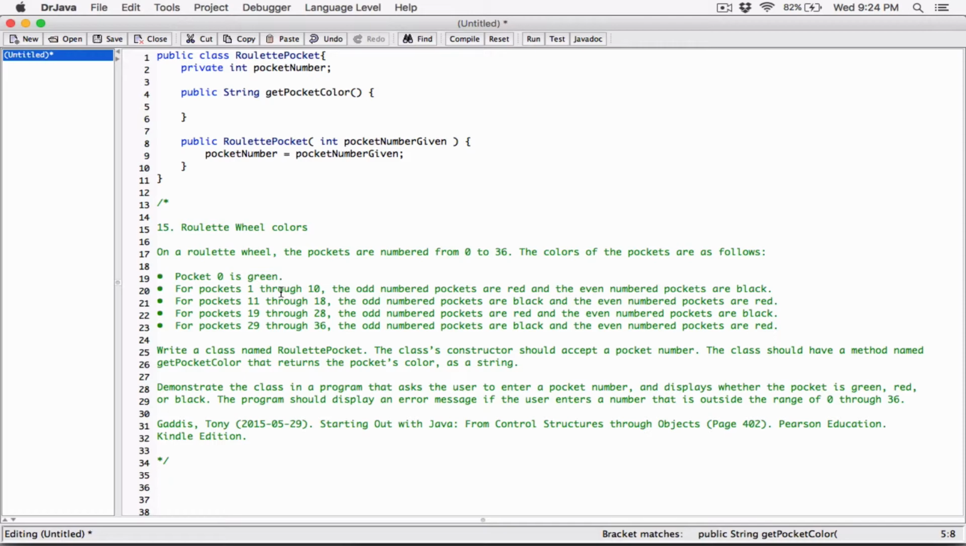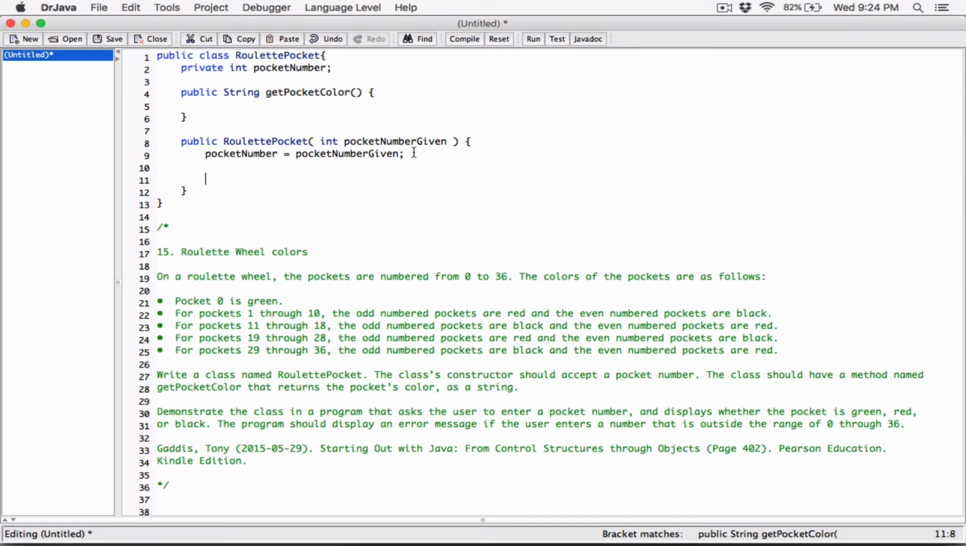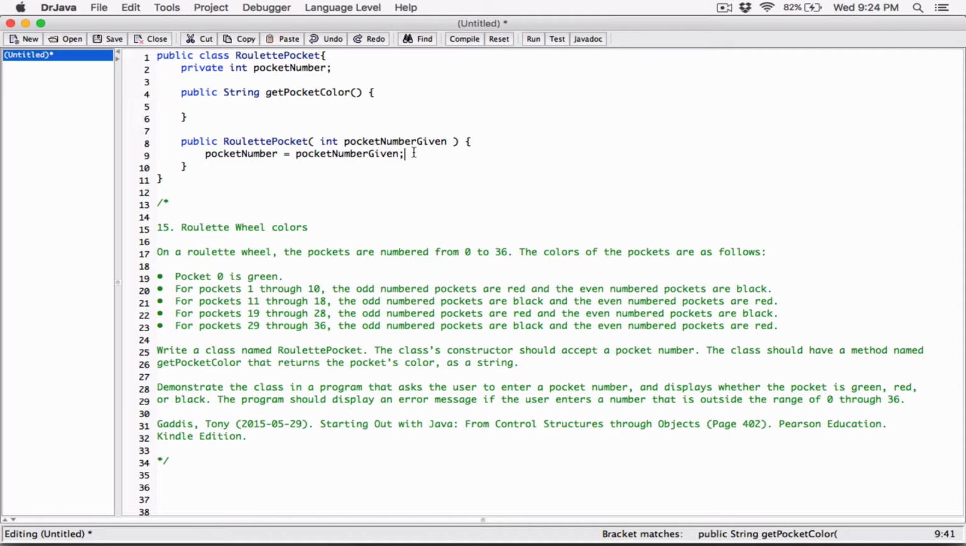Okay, so pocket 0 is green, right? So let's start an if statement and say that, oops, not here. In the get pocket color,